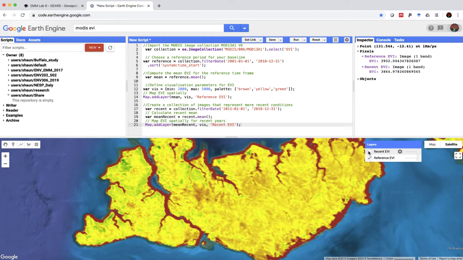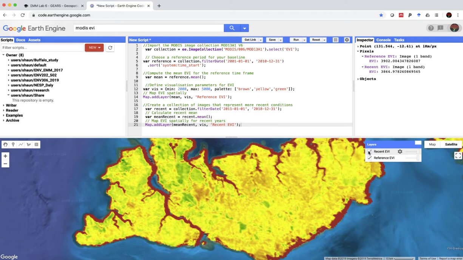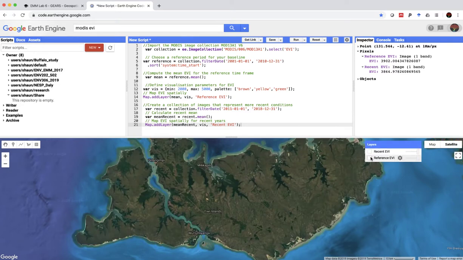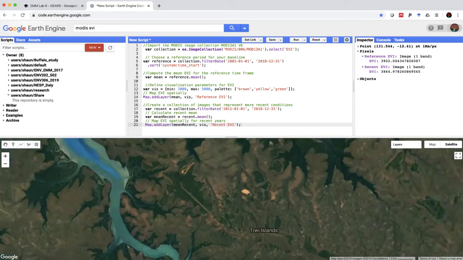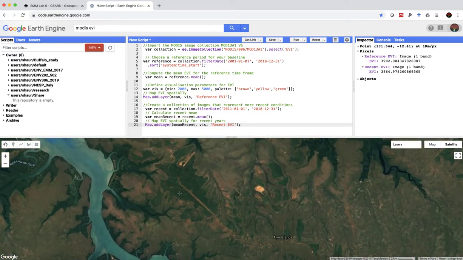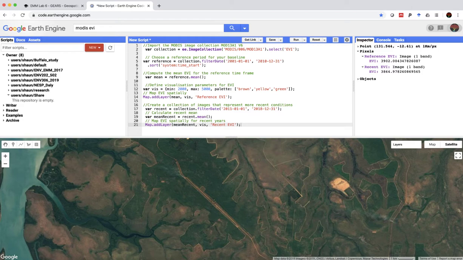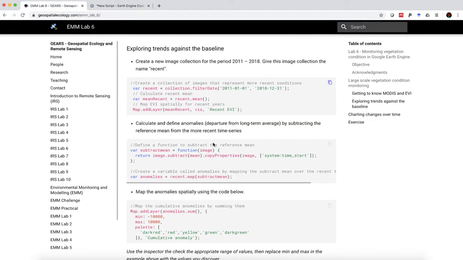When I turn it back on, you can see some minor changes with it appearing a bit more green in the recent period. And you can notice that we have some greening up over here. If we take these layers off and zoom in a bit closer, we can see that this is actually a forestry plantation on the Tiwi Islands. Okay, so that's great,